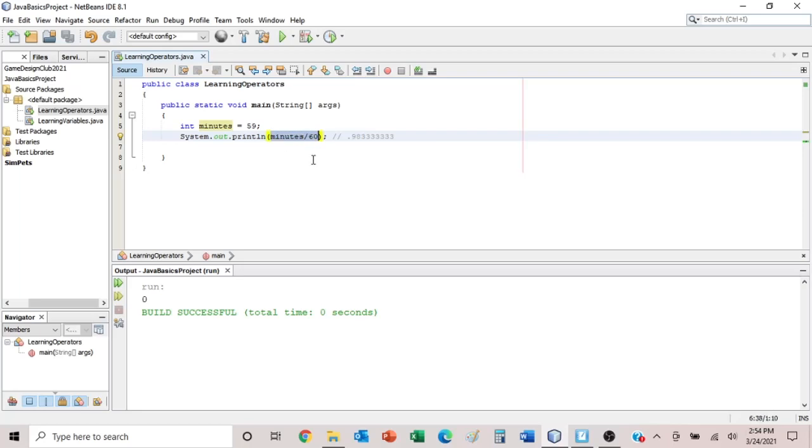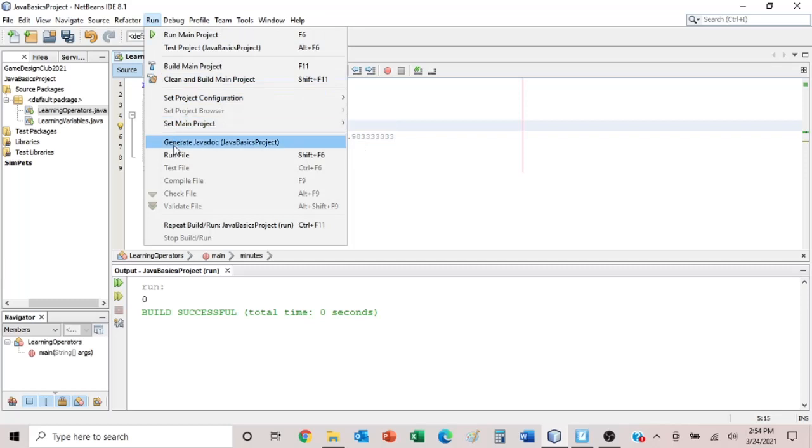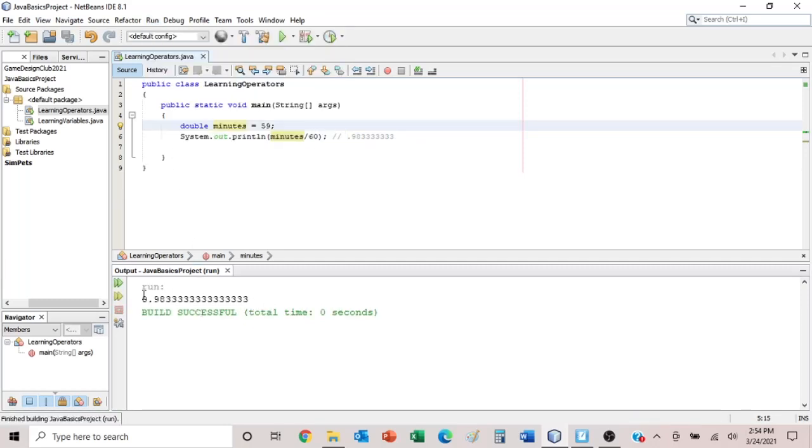Now, when Java calculates this, it comes up with 0.983333 and so on, but it now tries to make this an integer. When Java converts a decimal into an integer, it does not round, it truncates. So it chops off all of this, and that's why we end up with the number 0. If you want the actual value, which could be a decimal, we can't use an integer, we have to use a double. And now when we run this, you can see that we get the correct answer